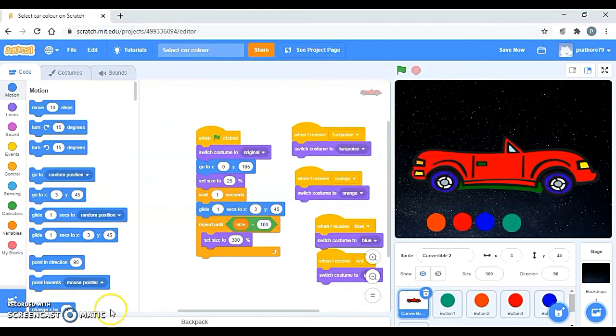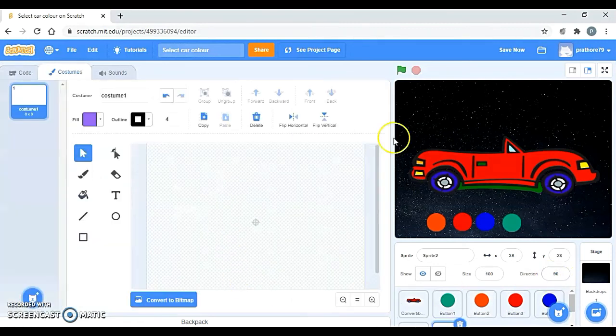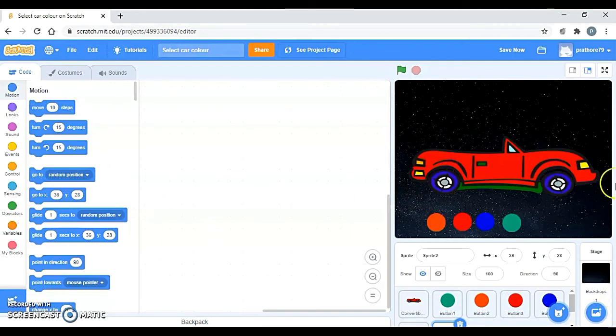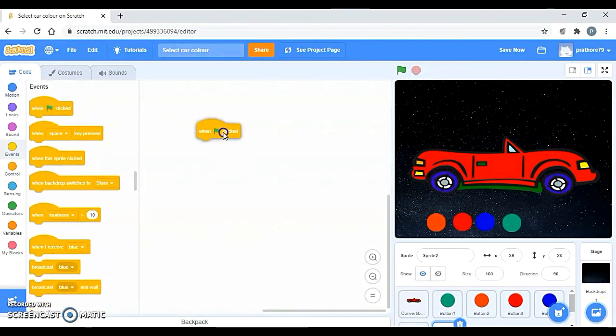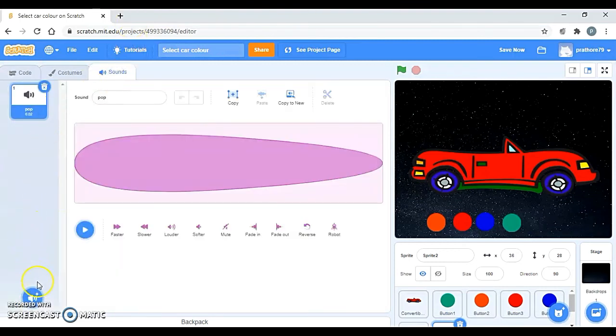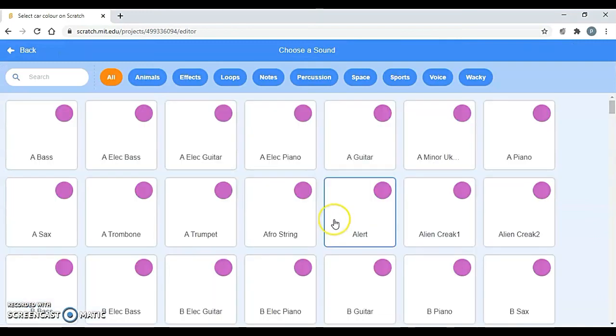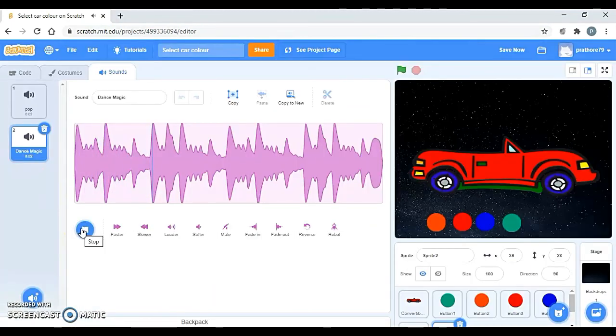Now all we have to do is add the sound. So what I have done, I just clicked on this paint. This will create a sprite for me. Then I'll go to code, and for adding the sound I'll click on when the flag is clicked. I want a sound, so I'll look for a sound over here, and I search over here. Yeah, this one. So what I can do is I can make it softer,